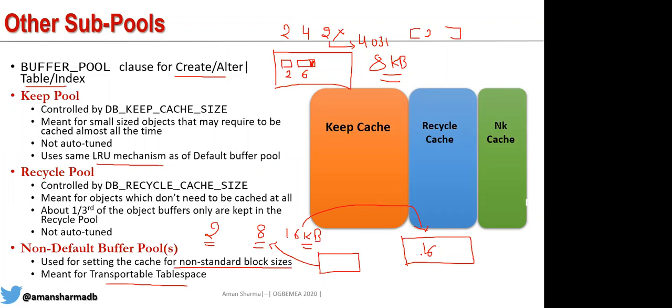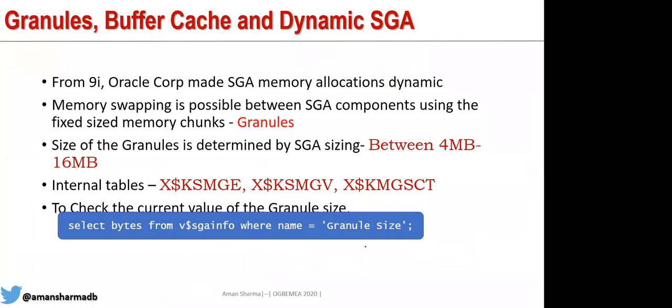We can loosely link it to performance if we want to, but it is not really something we should believe in. Now, the entire granule structure is basically going to be a memory chunk available to us based upon the SGA sizing. Depending upon the SGA size, the granule chunk size available will be from 4 megabytes to